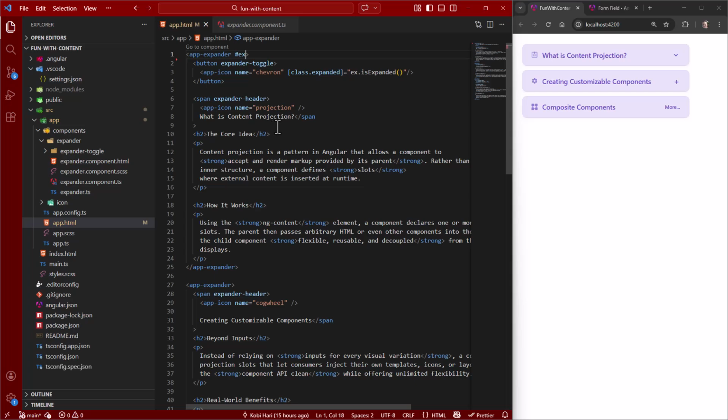Let's say that we want to allow the user to define whether the header itself collapses and expands the expander. Sometimes we want to only allow to expand the expander using the toggle button. But in some cases, we want to allow the user to click here and then to also expand and collapse. And I'm sure you found this feature in many common expanders. So I want this to be optional. I want the user to be able to do it